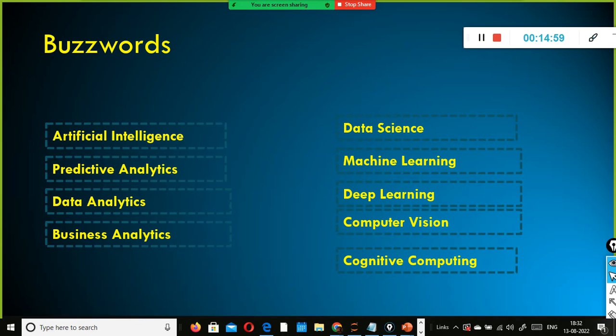On humans' behalf. Okay, so we have given the brain to the system, in simple terms. Artificial intelligence is an umbrella term for machines capable of learning, perception, logic, everything is possible with the help of artificial intelligence. Instead of giving human intelligence, we are giving artificial intelligence to the system, which mimics our human brain. That is what artificial intelligence is, an umbrella term.